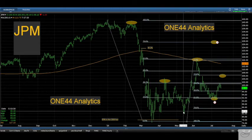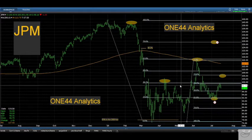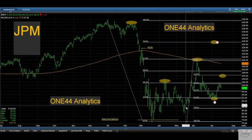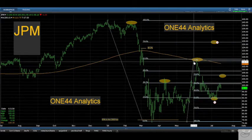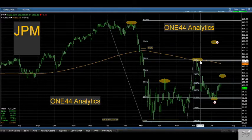But it was this when we went down to 78.6% here. Failed to make that new low, and as always, whenever you've already reacted from 38.2 and don't make that new low, we look for 61.8 back, and that's what we hit up here in the 116 area. Our target from 61.8, as stated in our rules and guidelines, is that 61.8 should send you to 61.8 the other way,